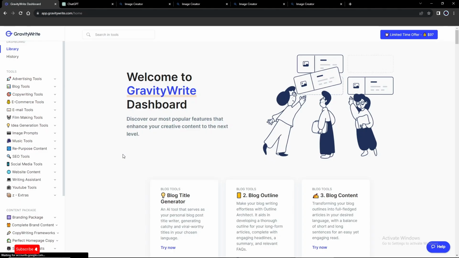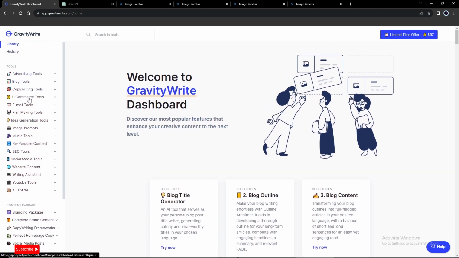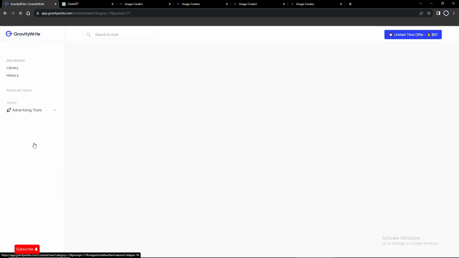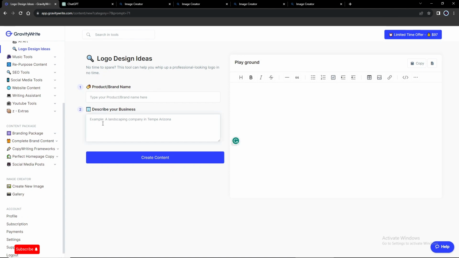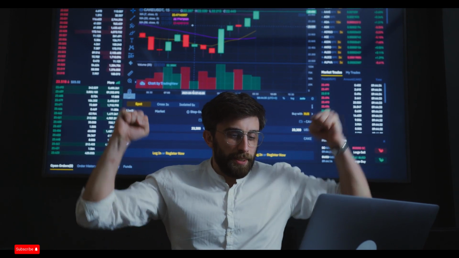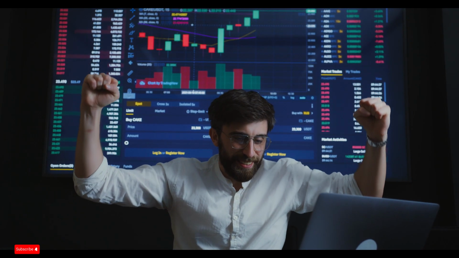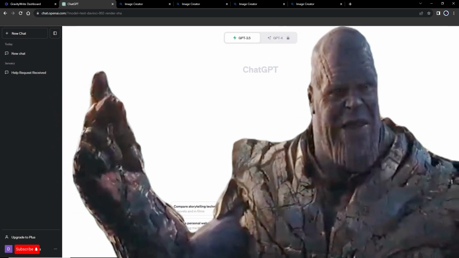The first tool we'll be using is Gravity Write, a powerhouse of an AI tool that's a game changer for any business owner looking to save time and boost productivity. After navigating to the site, we'll click on Image Prompts and select Logo Design Ideas to begin our logo creation journey. All you have to do is enter your business name and provide a brief description of what your business is all about. Now, let's ask our trusty friend, ChatGPT,